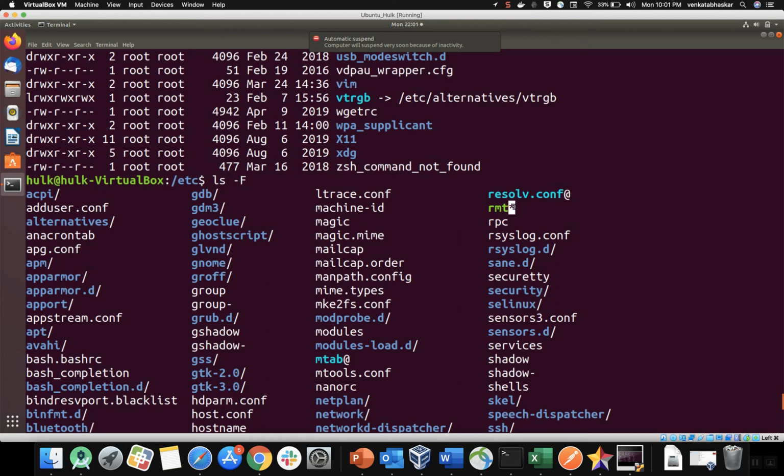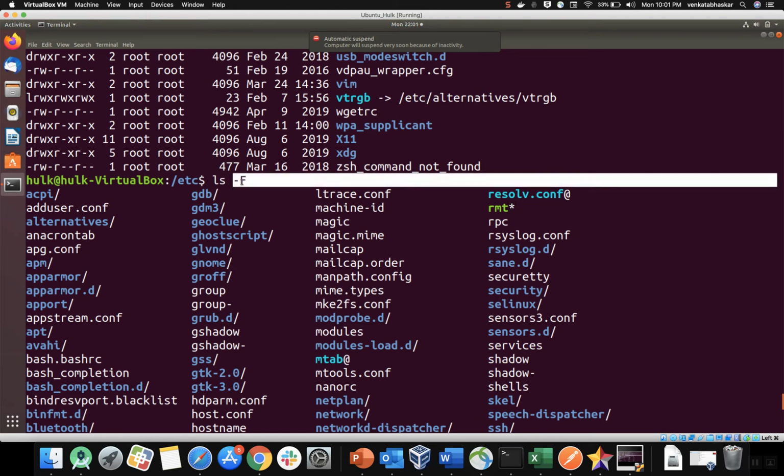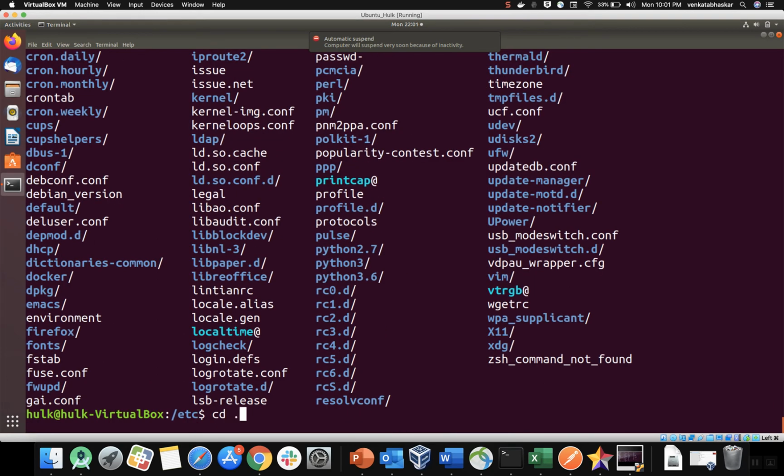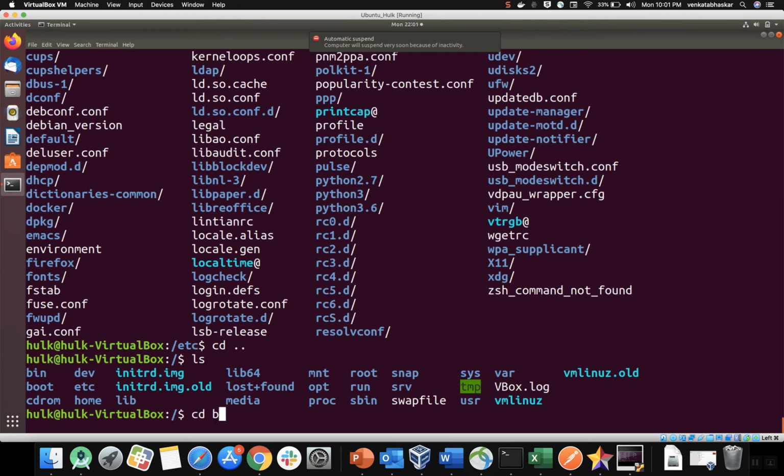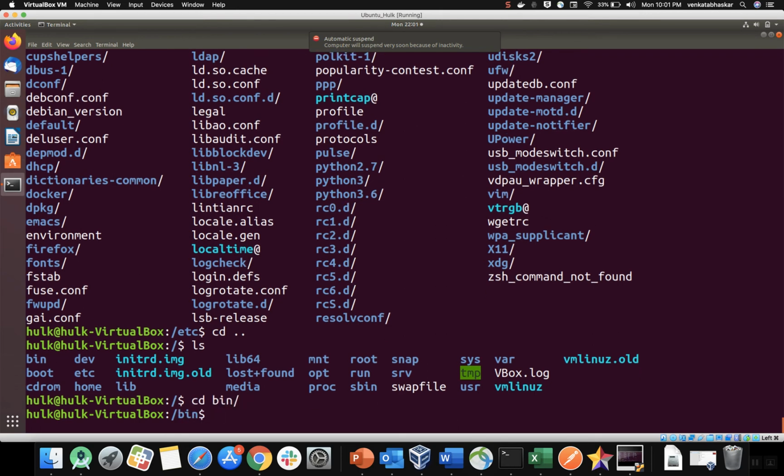Now I will navigate to the bin directory and see how colors are displayed. All binary executable files, how will they be displayed? -F indicates file types. Easily you can identify which file is executable, which file is a directory, which file is a linking file. Now let me move to my previous directory, cd bin. Now I am in the bin directory.